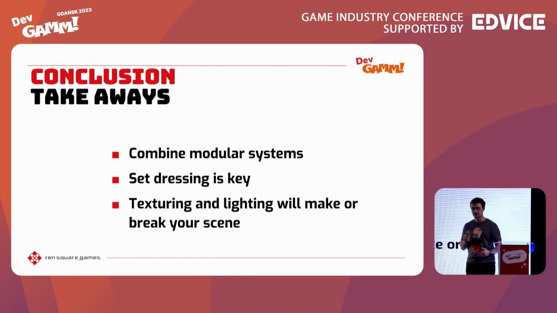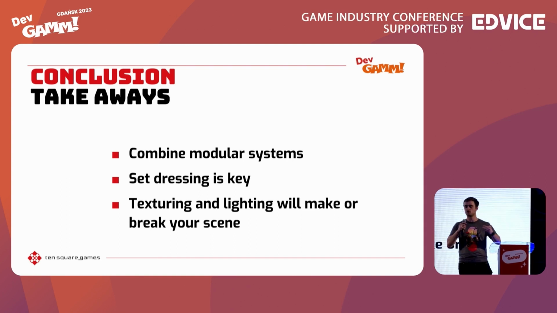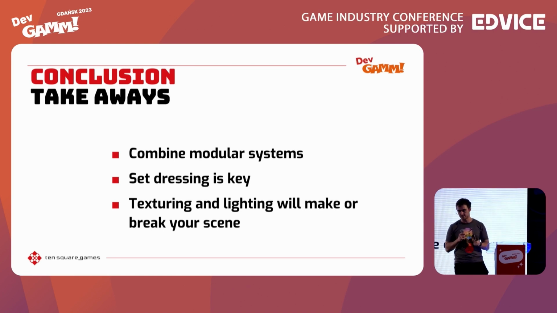The second, set dressing is key. Those smaller assets that don't look as cool, it's not a crashed helicopter, it's not something badass that you're going to put in your portfolio. But those small assets, like planks, barrels, the stuff that is not impressive by itself, will be vital for the scene to feel alive. Because if I just have an empty room with 3 cool things in the room,